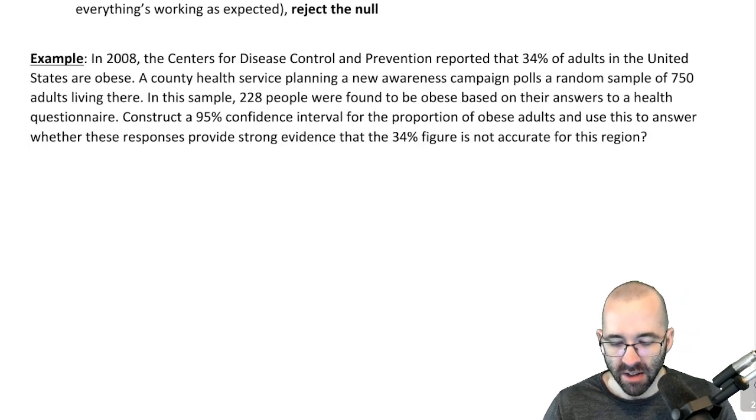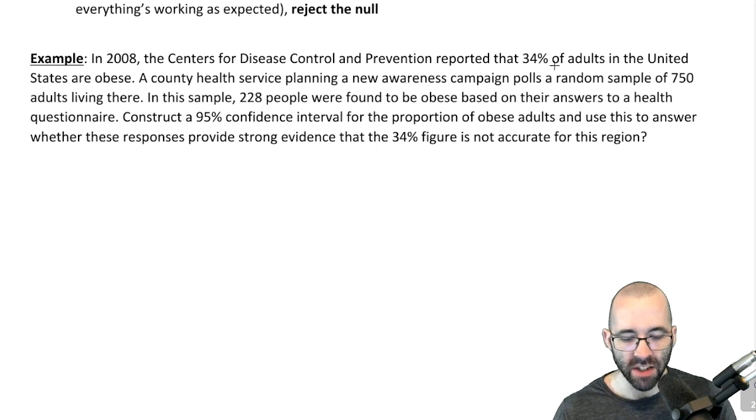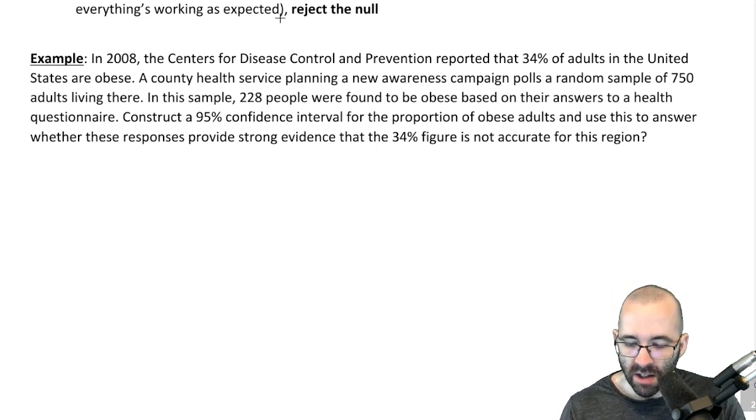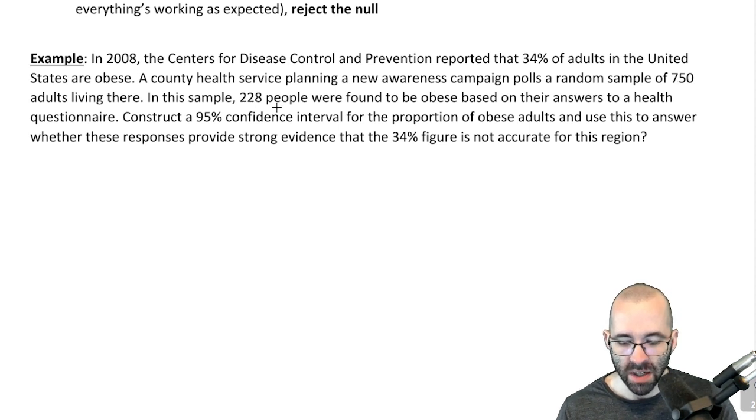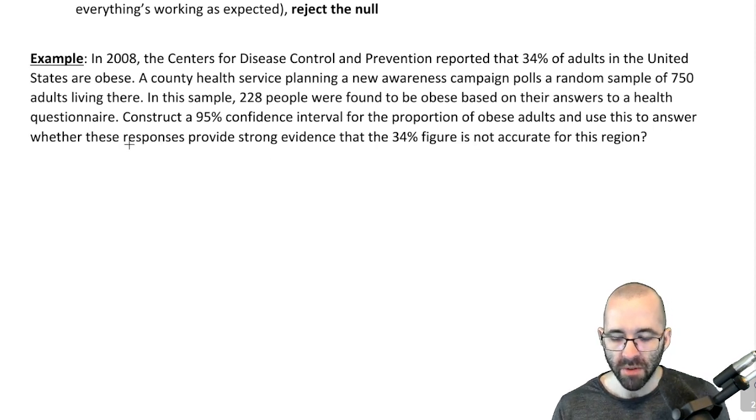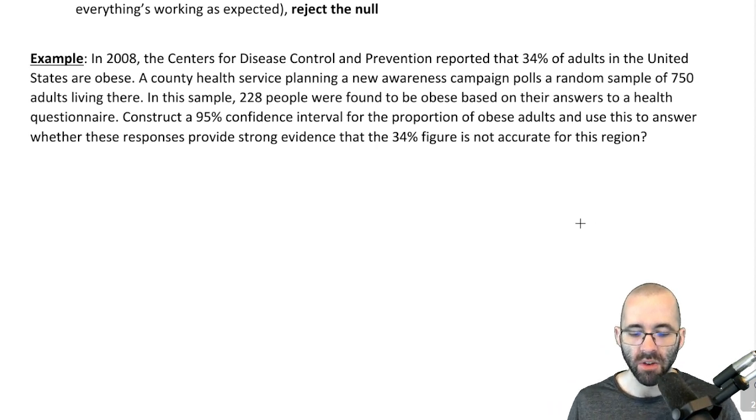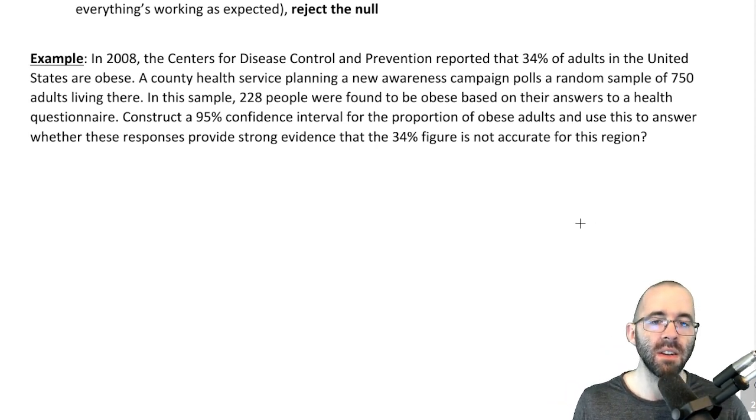In 2008, the Centers for Disease Control and Prevention reported that 34% of adults in the US are obese. I wonder what it is today. A county health service planning a new awareness campaign polls a random sample of 750 adults. 228 were found to be obese. Construct a confidence interval and determine whether this provides strong evidence to say that the 34% obesity rate is not